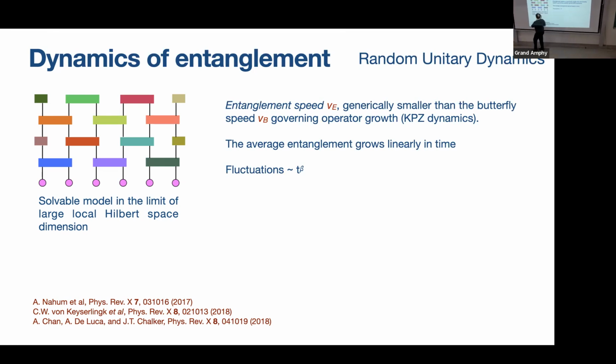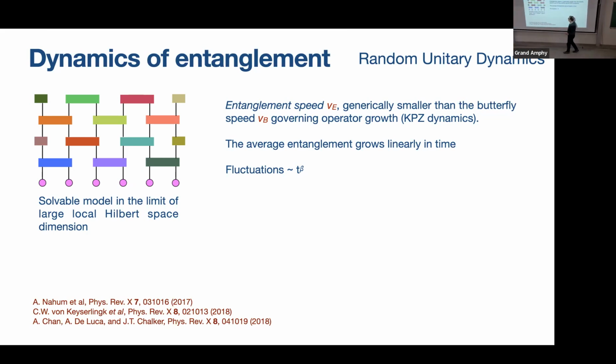You start with local bits of local dimension Q, and then you create entanglement by applying different types of two-qubit gates on even and odd sites. This is not a local Hamiltonian evolution, but as was shown,